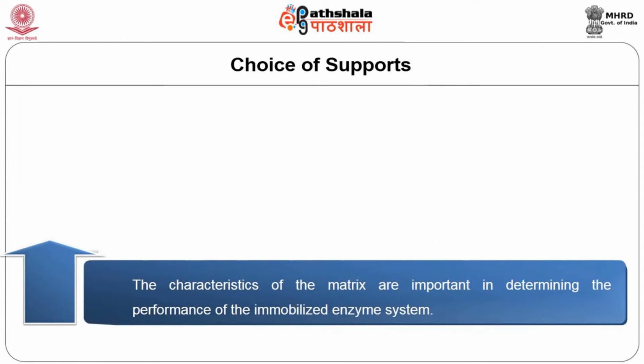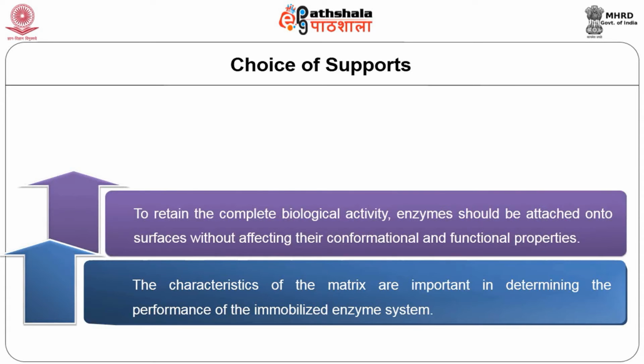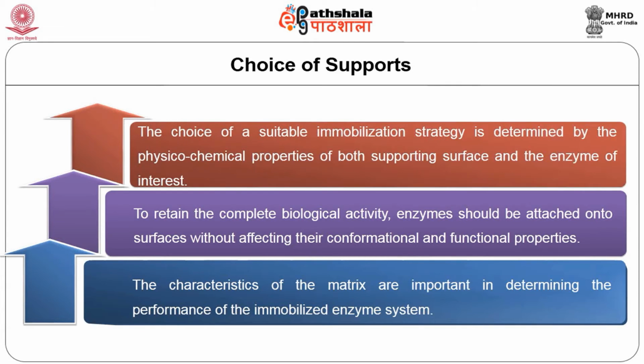The characteristics of the matrix are of paramount importance in determining the performance of the immobilized enzyme system. In order to fully retain the biological activity, enzymes should be attached onto the surfaces without affecting their conformational and functional properties. The choice of a suitable immobilization strategy is determined by the physicochemical properties of both supporting surface and